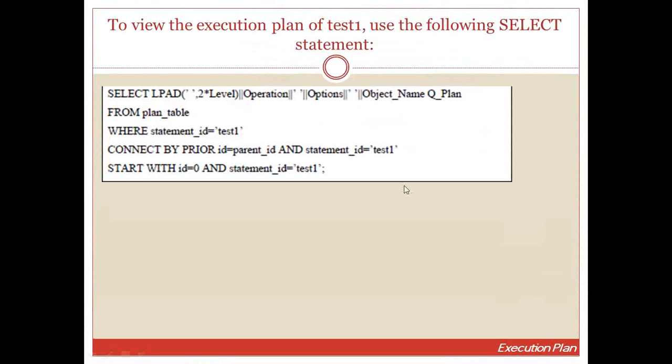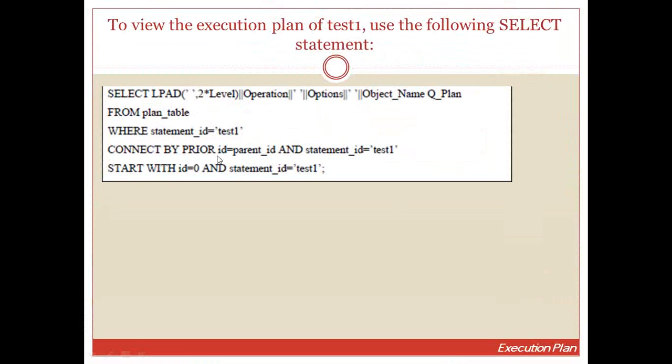To view the execution plan of test1, use the following select statement. We have to select lpad, like that, then concat operation, concat with apostrophe options, concat again apostrophe object name, key plan from plan table where statement ID is the name.